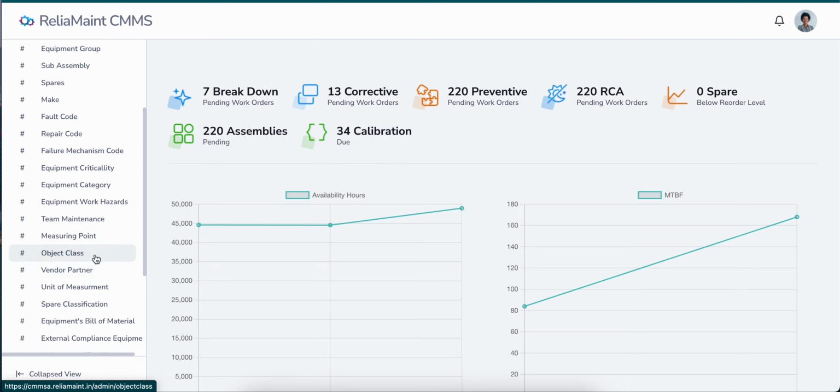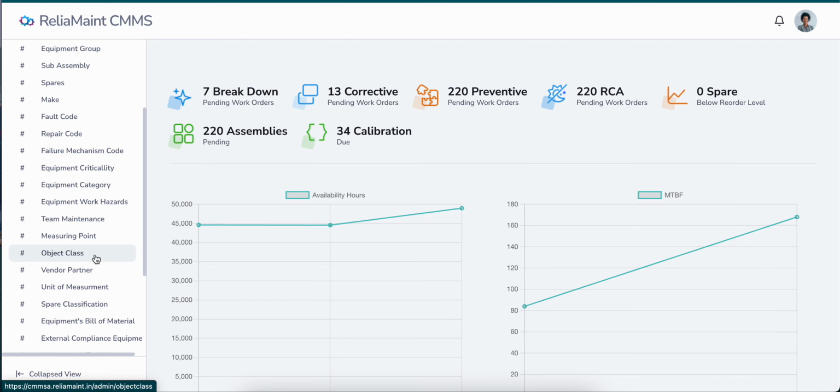Object class is a concept we use to classify the equipment type. How does it matter? You may have some lifting tools, then some hoist, crane, moving crane.